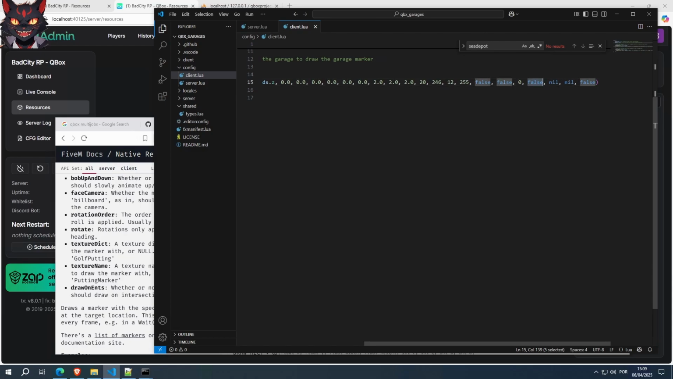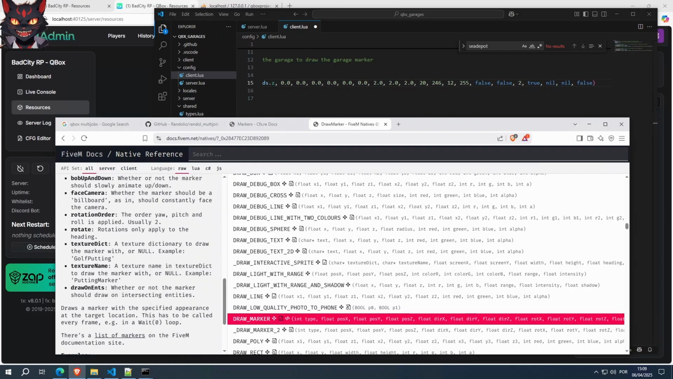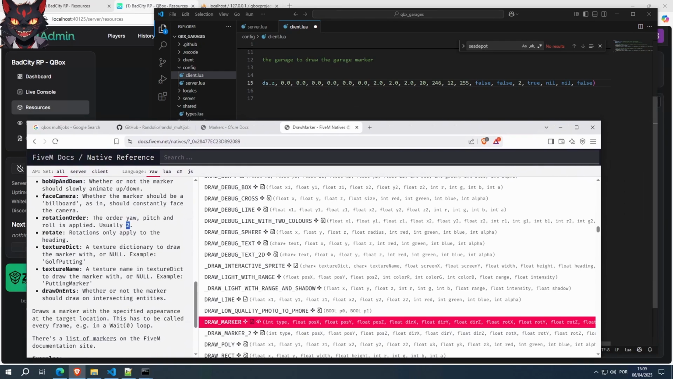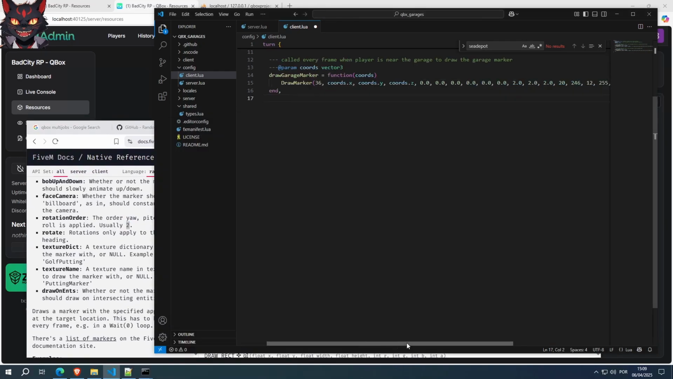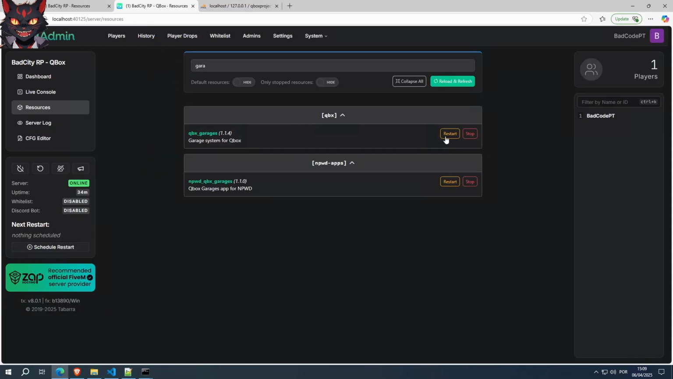Okay, so what we want to do is change this to true. This will place it in a rotating manner, and we're going to place it with the value that it said here, 2. We're going to put 2 and see what happens. Did we place it 2? Yes, we placed 2. Save it, restart it,